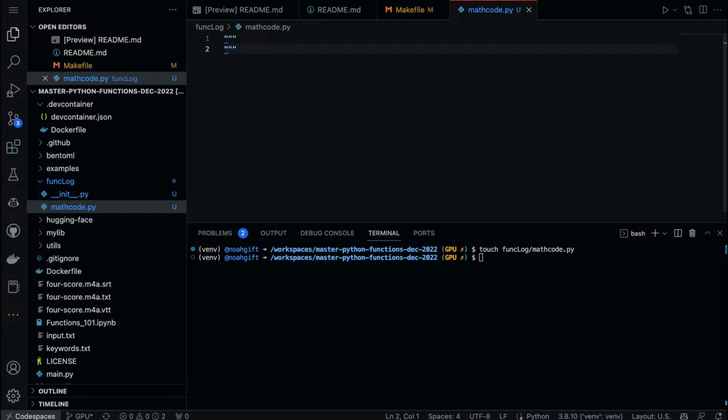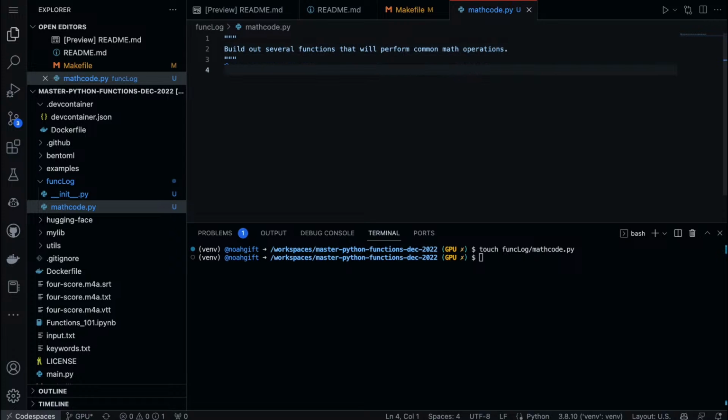I need to basically tell my pair programming tool what it is I'm going to do, so it can get the prompt correctly. And I'm going to say, build out several functions that will perform common math operations.